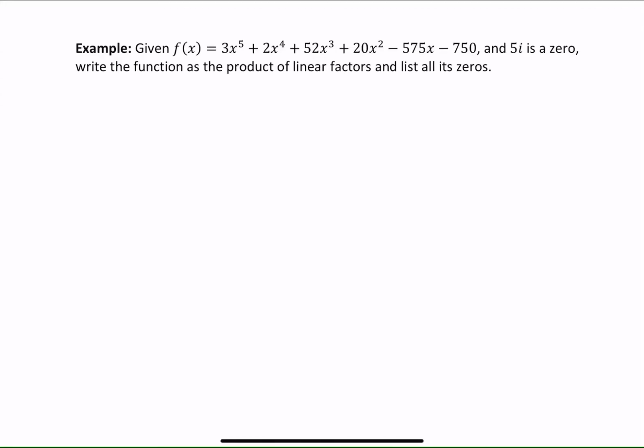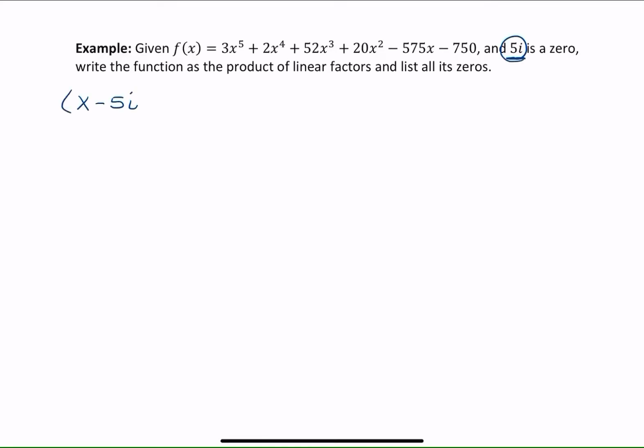So in this example, they give me a huge polynomial, and the only thing they tell me is that 5i is a 0. Now I could go through the rational zero test, but I really don't want to deal with 750 and all of its factors and trying to guess and check. So I'm going to use what they gave me as a 0 of 5i, so that means x minus 5i